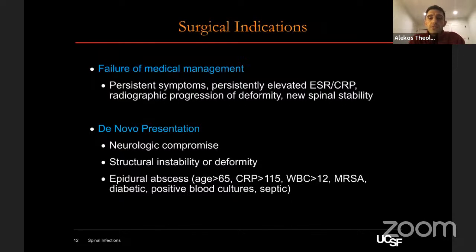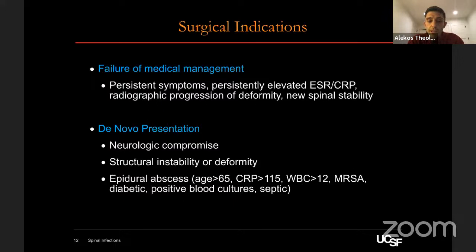Surgical indications are reserved for those patients who fail medical management with persistent symptoms, persistently elevated ESR and CRP, radiographic progression and deformity, and/or the presence of new spinal instability. If a patient presents de novo, surgical indications would be those with neurologic compromise, especially somewhat acute neurologic changes or an incomplete injury, and the presence of structural instability of the spine